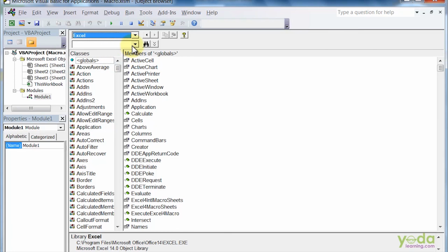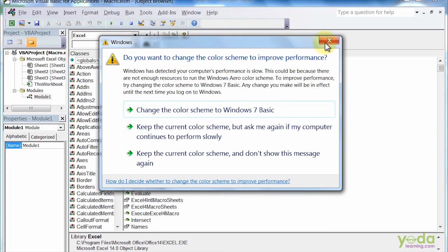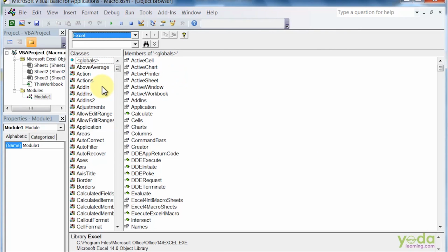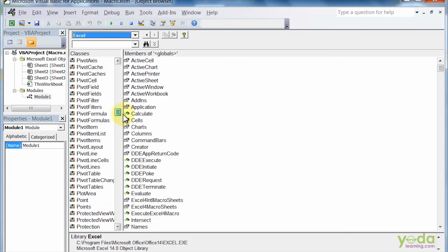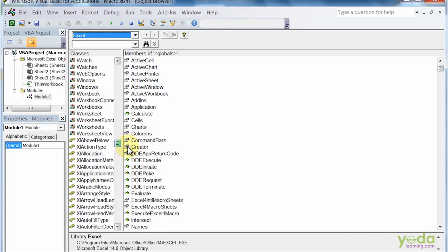Now here, your library will be divided into 2 panes. The first pane, that is the left hand side, will show you the classes option. Classes are nothing but the elements which will help you to work with the objects, and on the right hand side you'll see all the properties, methods and events related to the corresponding objects. So if you want to locate any object related to any kind of application you want to work with in the code, all you need to do is go to the classes on the left hand side. Here you'll get all the options.